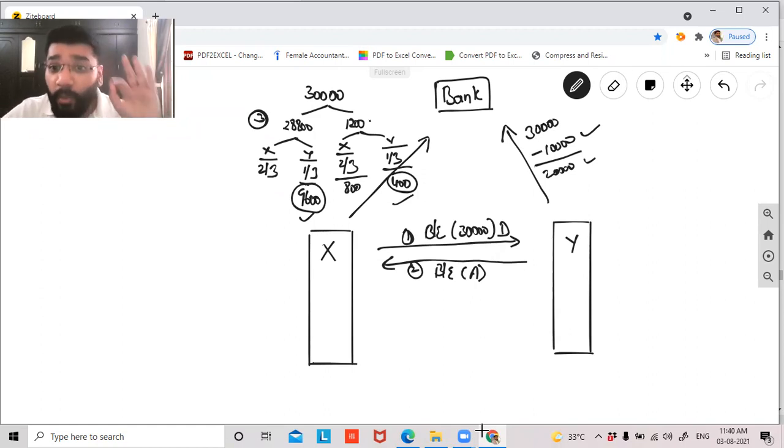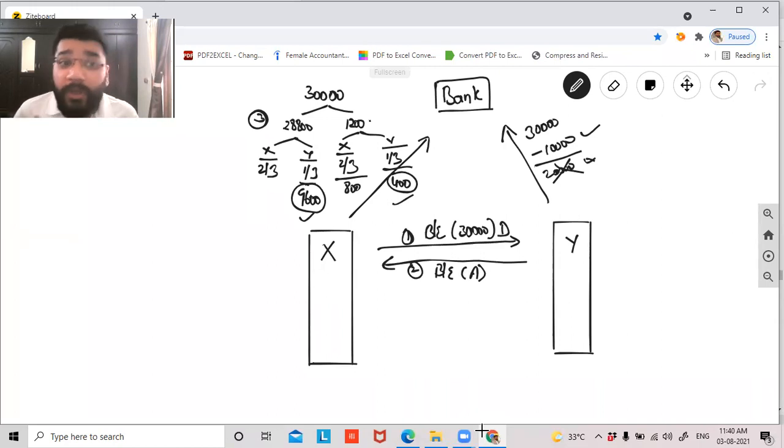So on the due date, Y has a liability to pay the amount to the bank. But what happens, guys, on the maturity date, X is unable to pay this 20,000 rupees. Therefore, what is happening now? Now, Y has to pay this money to the banker, no? So how will Y get the money? Guys, are you able to understand what is happening here? X did not pay this 20,000 rupees to Y on the due date.